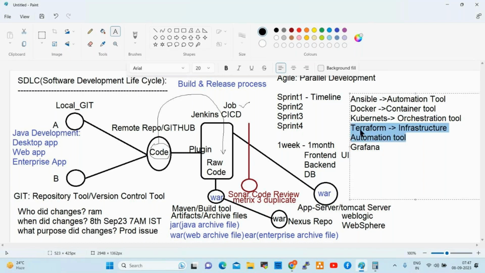Whatever servers, whatever storage, whatever network, whatever configurations are required, by using Terraform we can automate within a minute. For example, one of the project teams requires 100 servers with all packages, all configurations, and applications also. By using Terraform, we can create them in a minute.